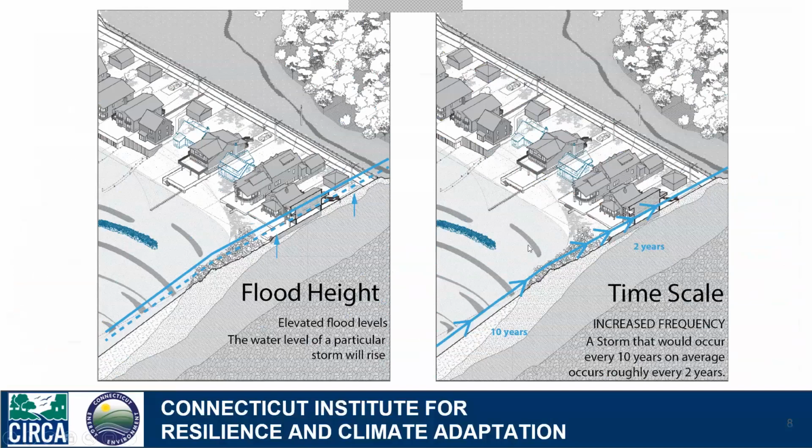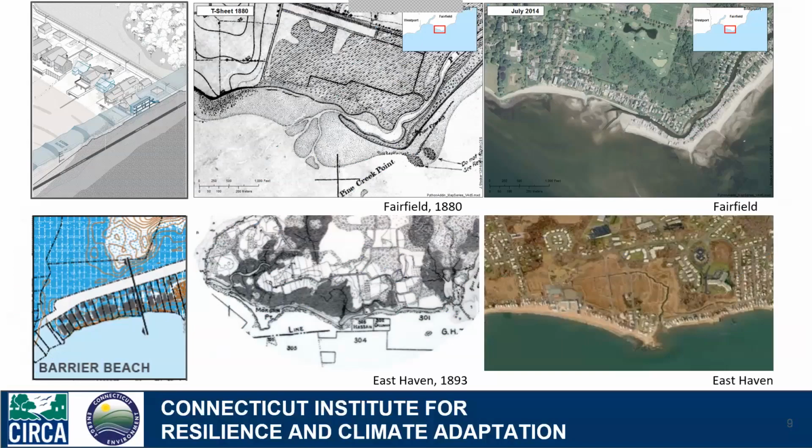So this kind of recognition of both flood height impacts and frequency of storm event are the kind of information we're trying to layer on top of the graphics. The graphic material or the visualizations are also about the geography of Connecticut. So we're interested in identifying typological conditions across the coast and the inland of Connecticut that we can consider from a planning and technical perspective and policy perspective, and can start to influence choices and adaptation solutions.